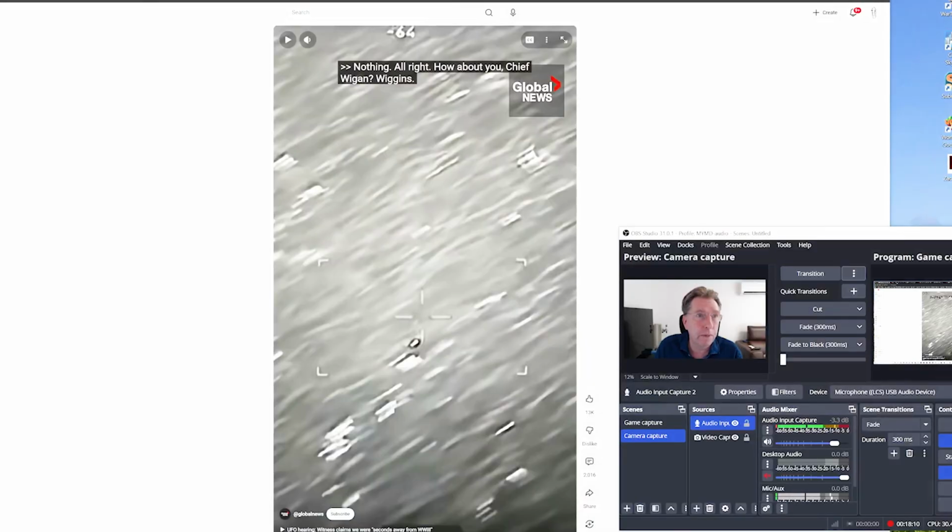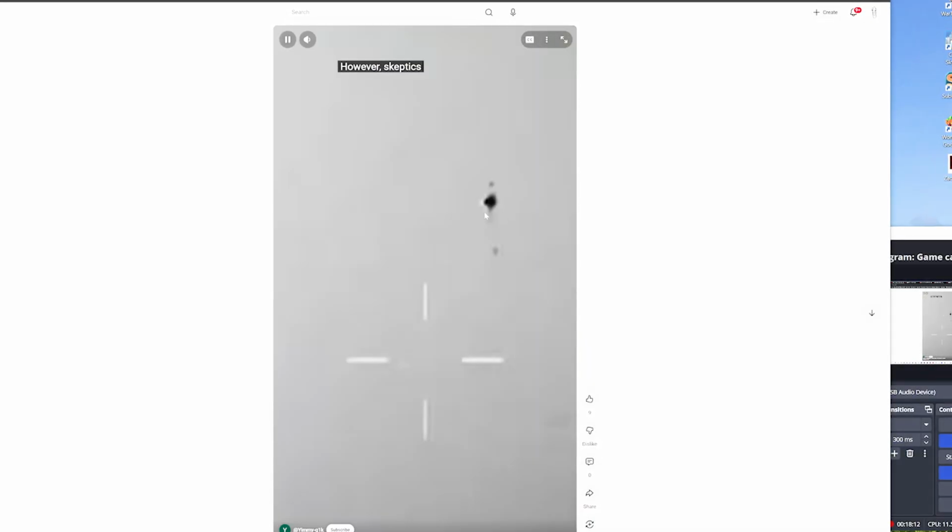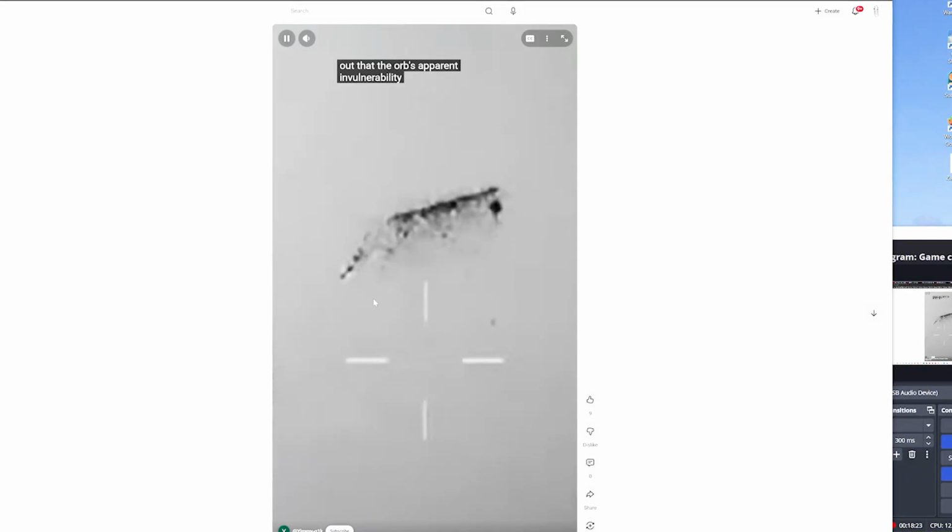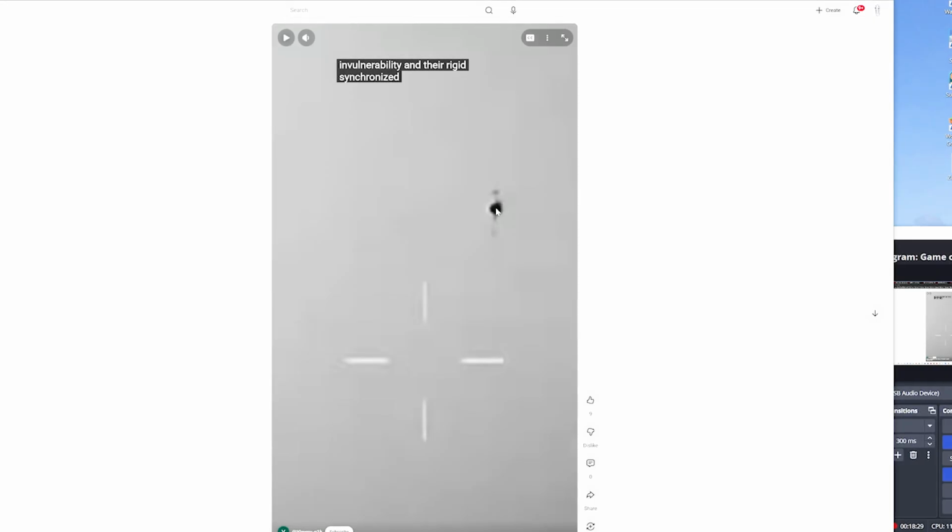Well, I'm going to go back to another video, and this time we're going to be looking at another UAP or UFO, and we're going to be looking at another one that gets hit by another missile. So it's still there. Okay, the missile didn't destroy it. If I play that again,